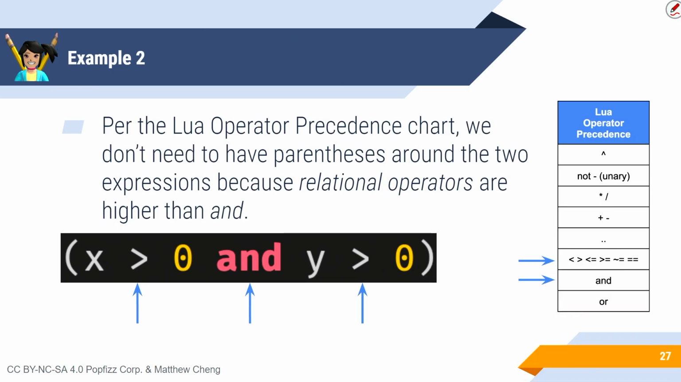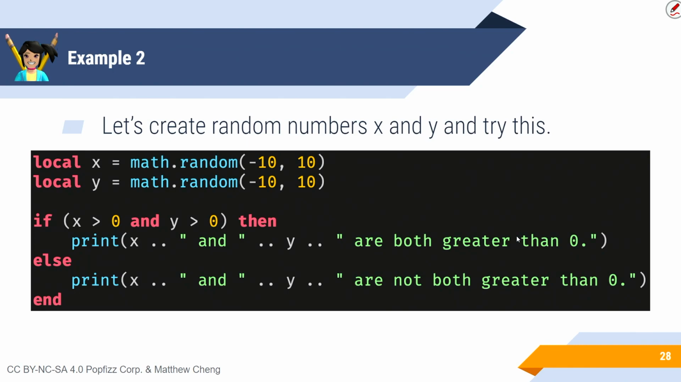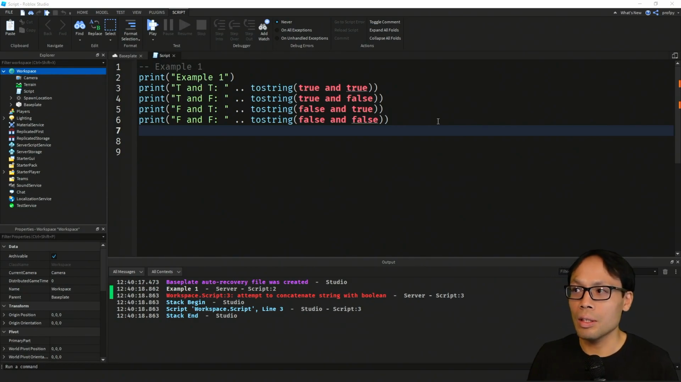So again, I'm just going to make myself disappear for a second here. If you look at our Lua operator precedence chart here, from top down, as per previous lesson, the relational operators are ahead of the AND. So therefore, we don't necessarily need to have the parentheses over here. But as I mentioned before, if you don't want to, let's say, memorize this chart here, you can just simply put parentheses around it. Now let's go ahead and go back into Roblox Studio